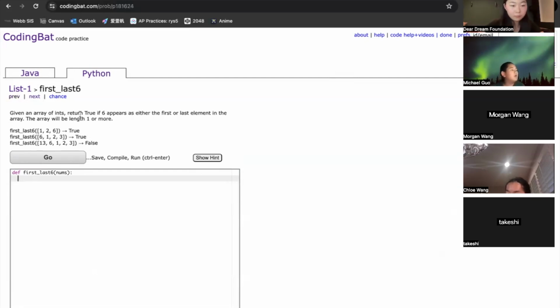So return true if 6 appears as either the first or last element in the array. Okay, so again, we want to use indexing. So if 6 is equal to, okay, nums is also the list that they gave us, right here. So index either the first element, remember, is always at index 0. If this happens,